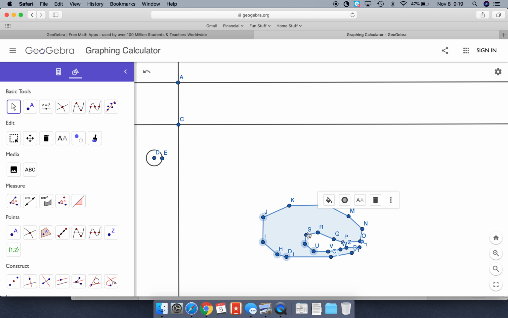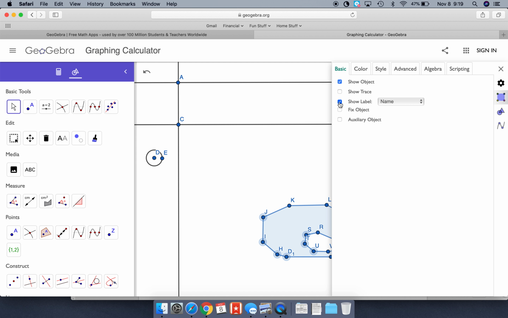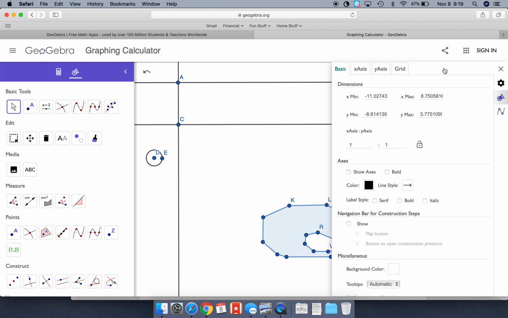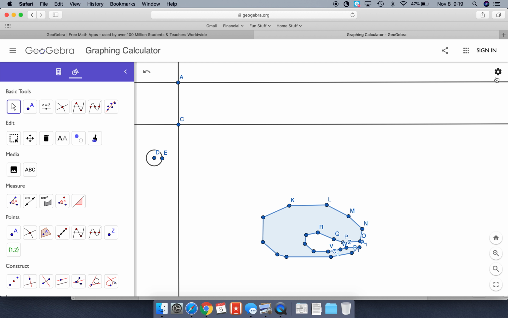If I do that, and then click with 2 fingers on the trackpad, I can go to Settings and get rid of Show Label. So that's one way to get rid of the labels on it. We could also do that, again, 2 fingers on the trackpad, press down, go back to Settings, and that's how we can change the color. So I want a nice brown. For it, I can change the